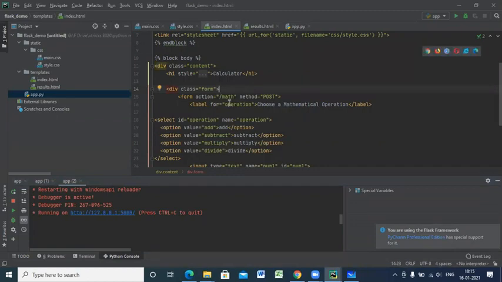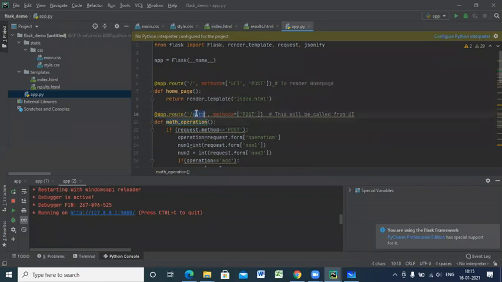That's what we are writing and reading here. When some action takes place, something like /math, automatically the control is given to /math in the backend also. Where is it? App.py. Where is math? Here is the math. What is the operation? Here I have written a function called math_operation. Automatically when you say /math, the control comes here and it executes this math_operation function.